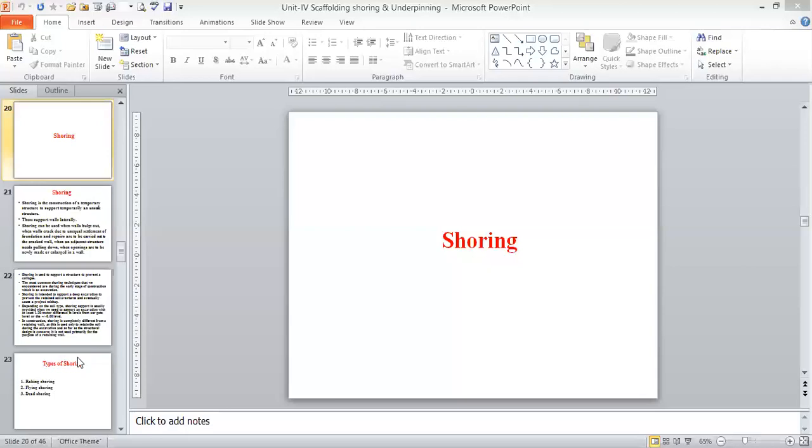Only the initial cost is very high. Later on, the maintenance cost is low and the total cost for your scaffolding is less. Maintenance is also very little when compared with timber or wood scaffolding. So these are the advantages. That's why almost all constructions use steel or tubular scaffolding. The last one is called patented scaffolding.